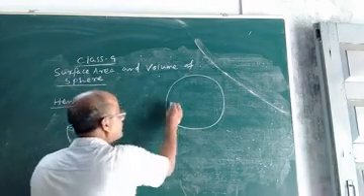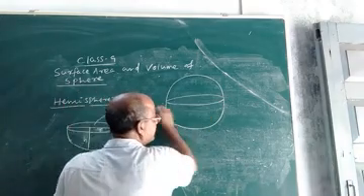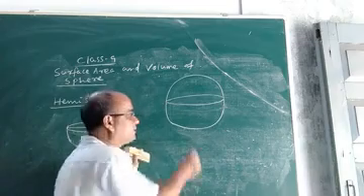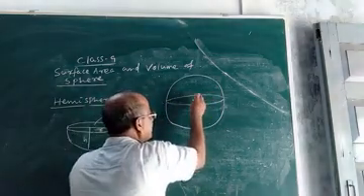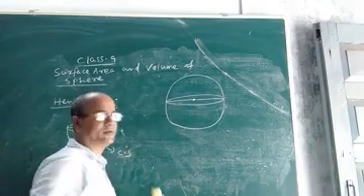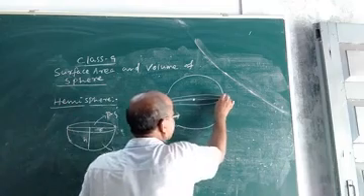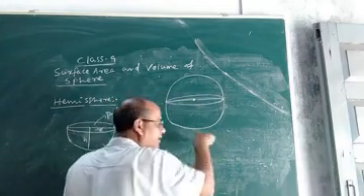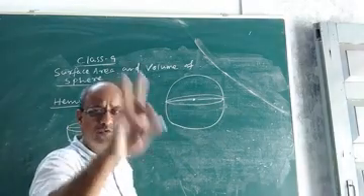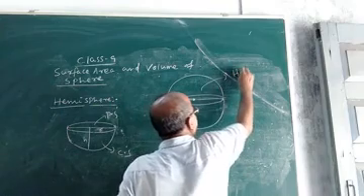Suppose, consider a sphere. See, once again I am drawing the figure of a sphere. You see, this is a circular plane. This plane, surface or circle, suppose this is the diameter, and this is the center of the sphere. Look at the center of the sphere. So this is the diameter. Now the diameter of the sphere divides the sphere into two equal halves or equal parts, and each part is called a hemisphere.